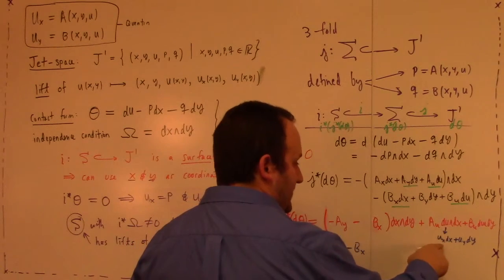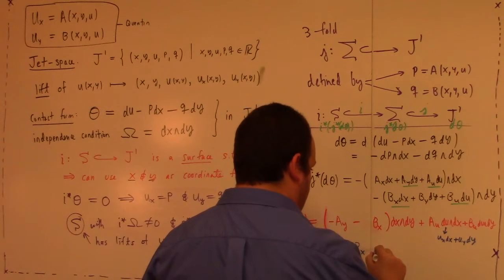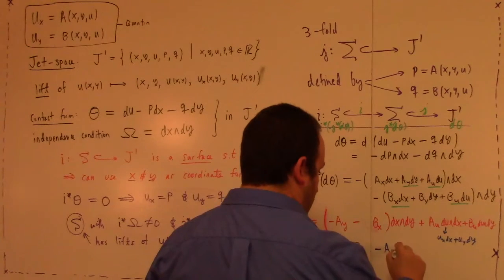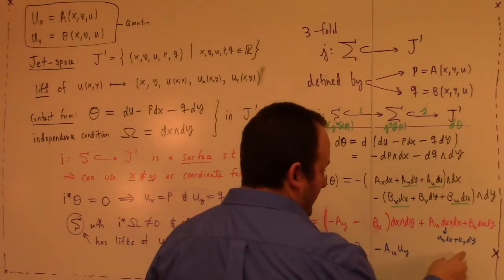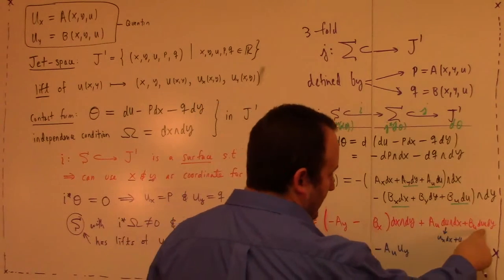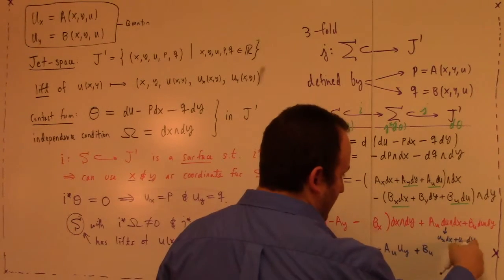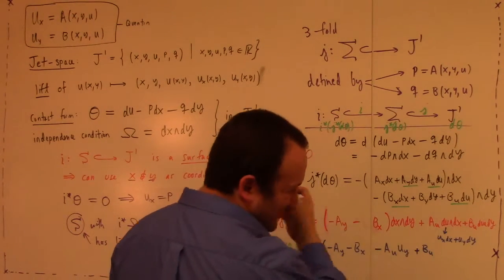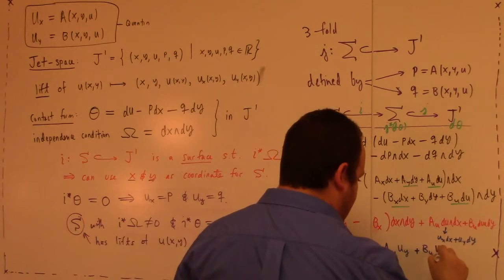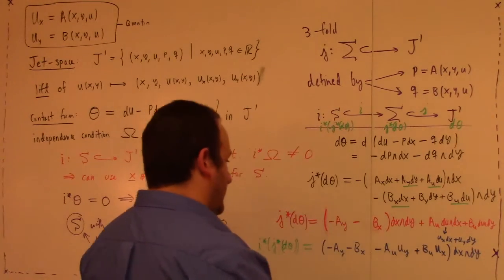and let's see here, from the du we pick up au, so minus au uy. Now the reason it's a minus is because I would have dy wedge dx, and to flip it I get a minus. Now over here in contrast I'm going to pick up plus b sub u, and when I pull back the u becomes ux dx, so it's ux, and then there's dx wedge dy out here. Okay,